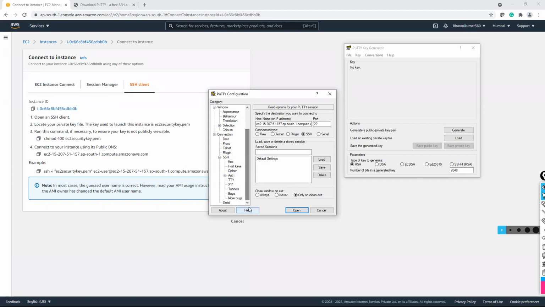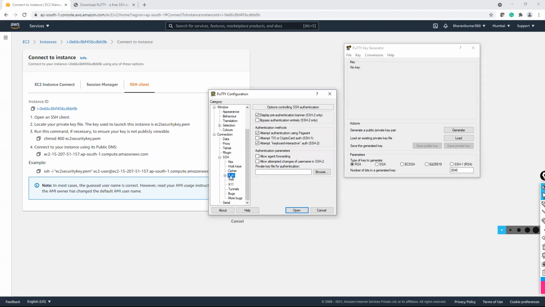And then you have expanded SSH option and came to this auth option. And now you have opened PuTTY key generator, which is called puttygen. And this generates the key or converts the key.